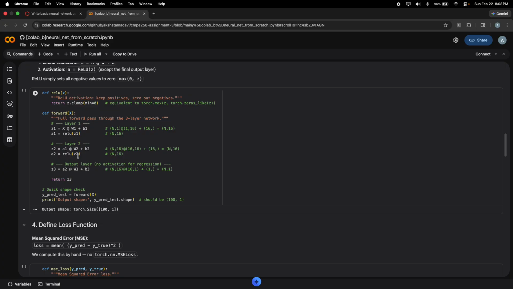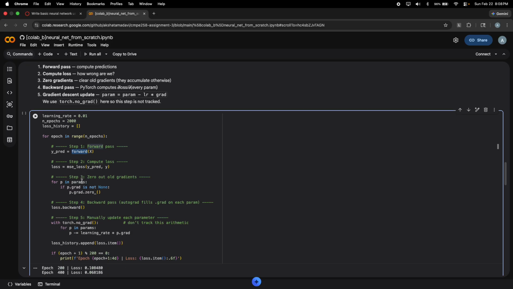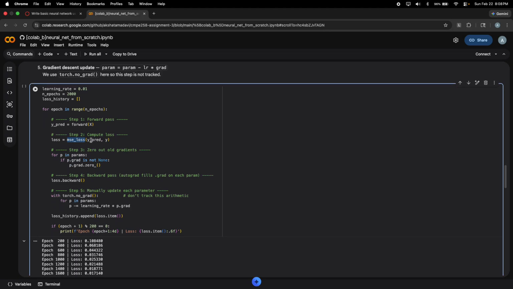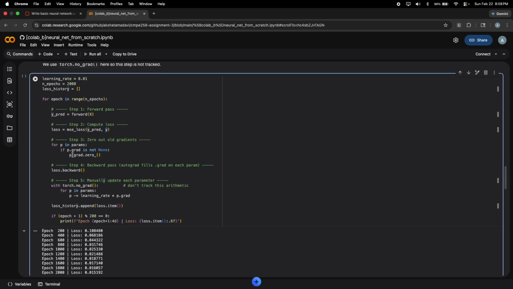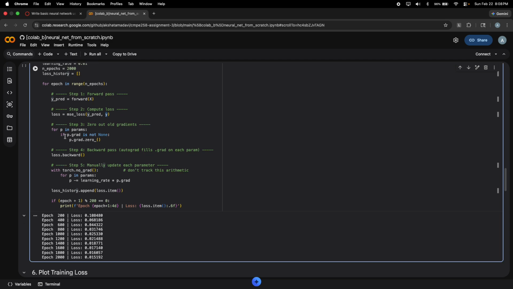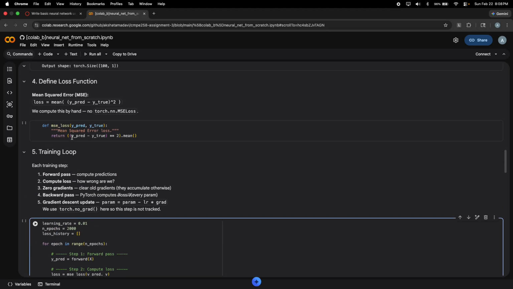This is the forward. It will go through each layer, do the matrix multiplication, bias addition, pass it to an activation, then again in the layers. Then we are calculating the loss for that particular run, and we'll pass the y predict, which we got through the forward, and this y is the one which we created using our equation. Then we'll calculate the loss, and we are setting all the gradients to 0. Then we are calculating loss.backward, which will create